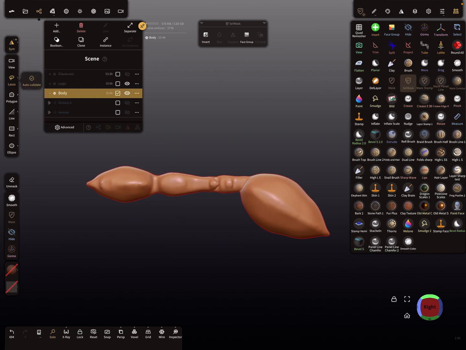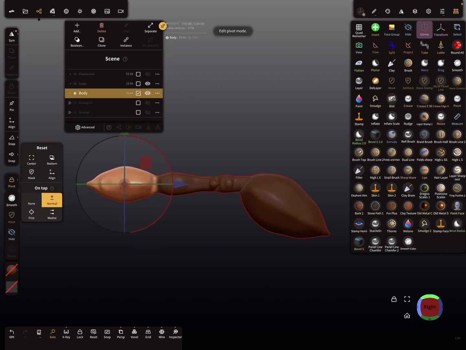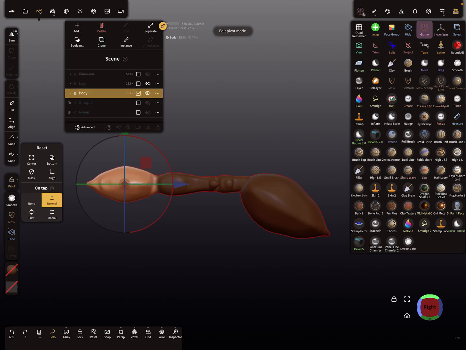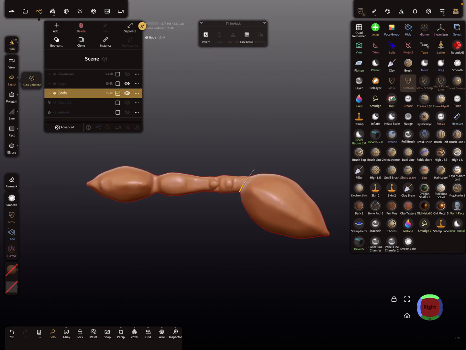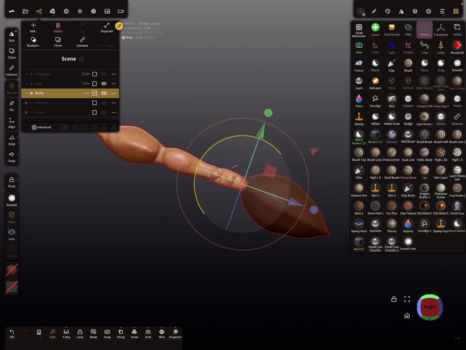So then mask this part, activate the pivot, bring it here in position. So you can also use here the scaling a little bit. And so I go a step back because I want the mask on a different position. So I mask this here, place the pivot, I rotate it like this,